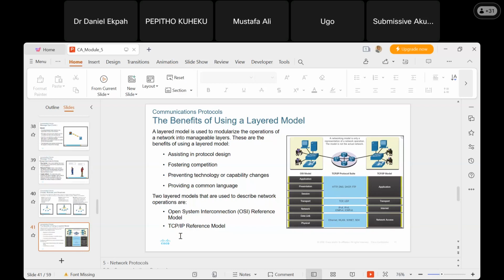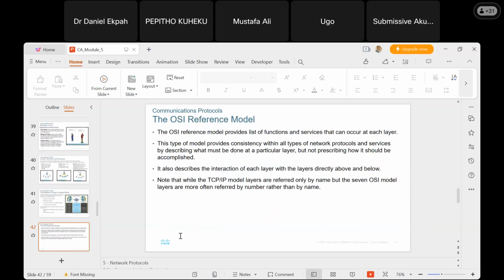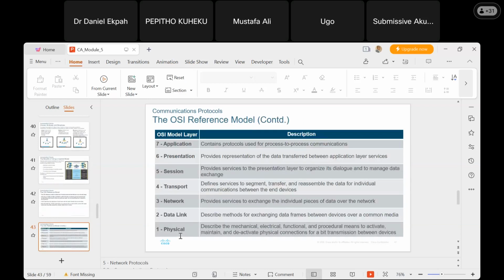So that's it. And then the OSI reference model I've explained is put together by the industry as a standard to be able to checkmate how communication works. So you can see all the OSI model here, from layer 1 to 7, and their functions. The application protocol is used for process to process communication, the presentation transfers between application layer services, and then you can see a session layer which